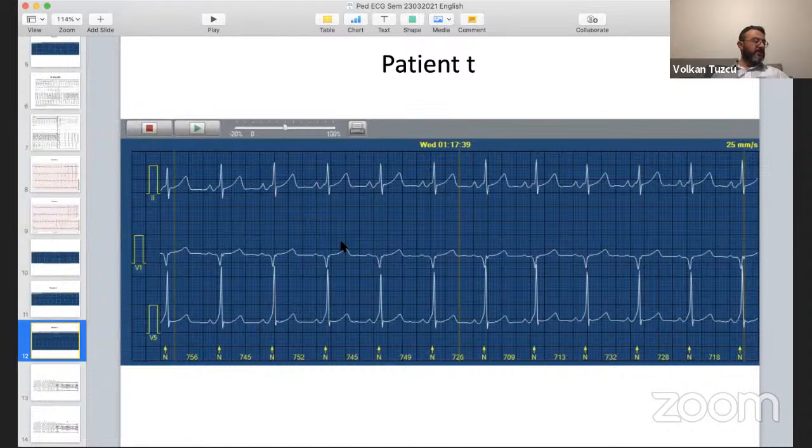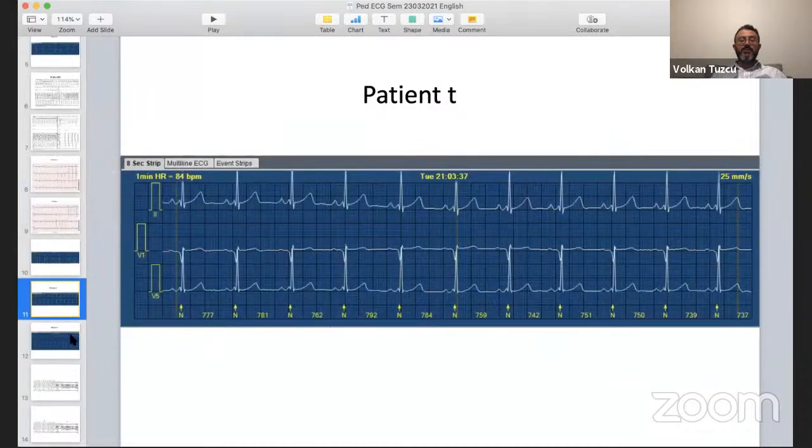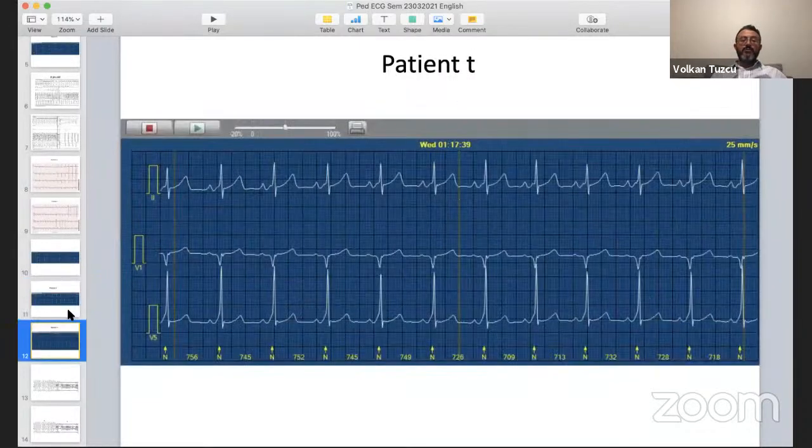More prominent, right? So there is variability of pre-excitation. Just like intermittent pre-excitation, there are a few things that you can see. One is, you see here, the pre-excitation throughout the Holter can be variable, less or more. Two, pre-excitation can be actually intermittent, right? And the other thing is pre-excitation can be changing in morphology, which indicates actually another pathway.